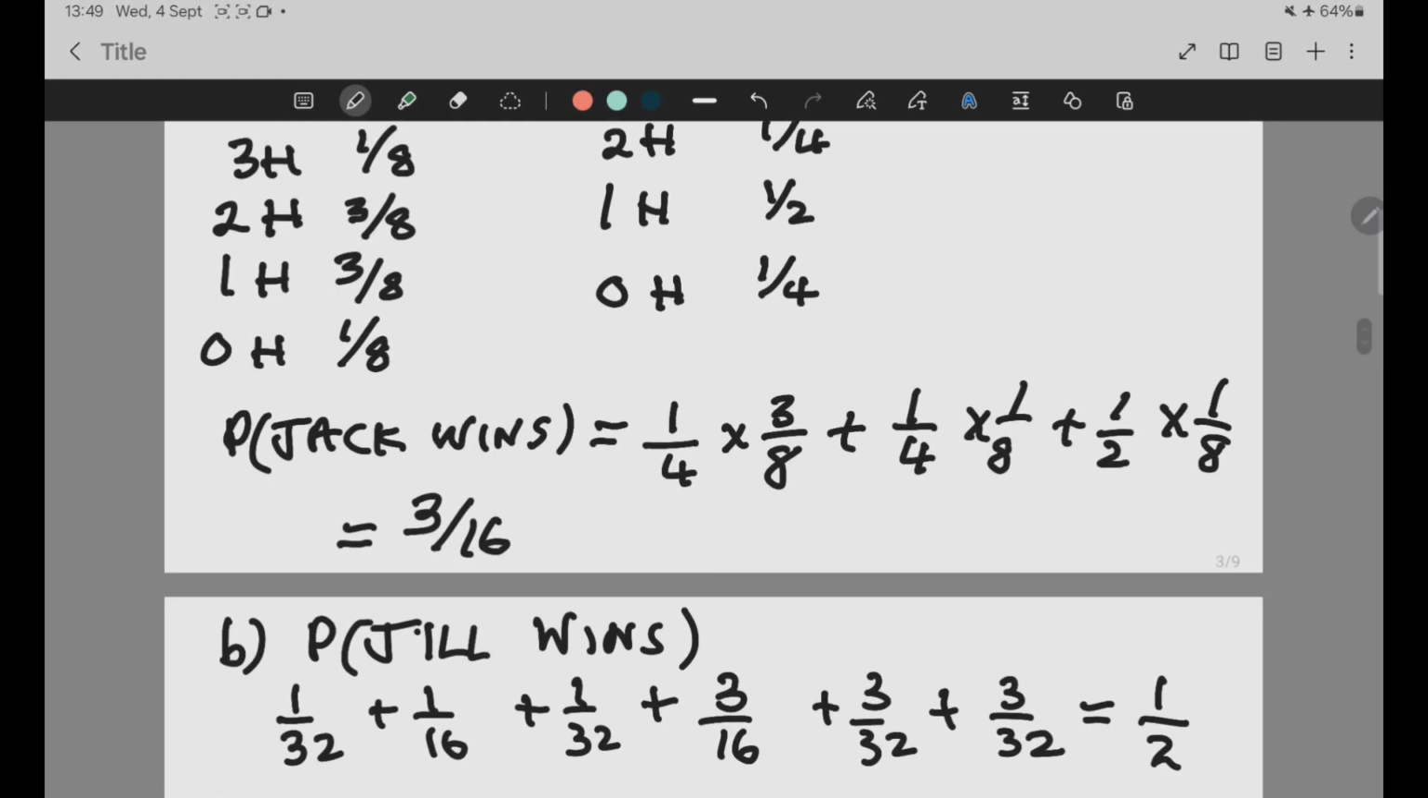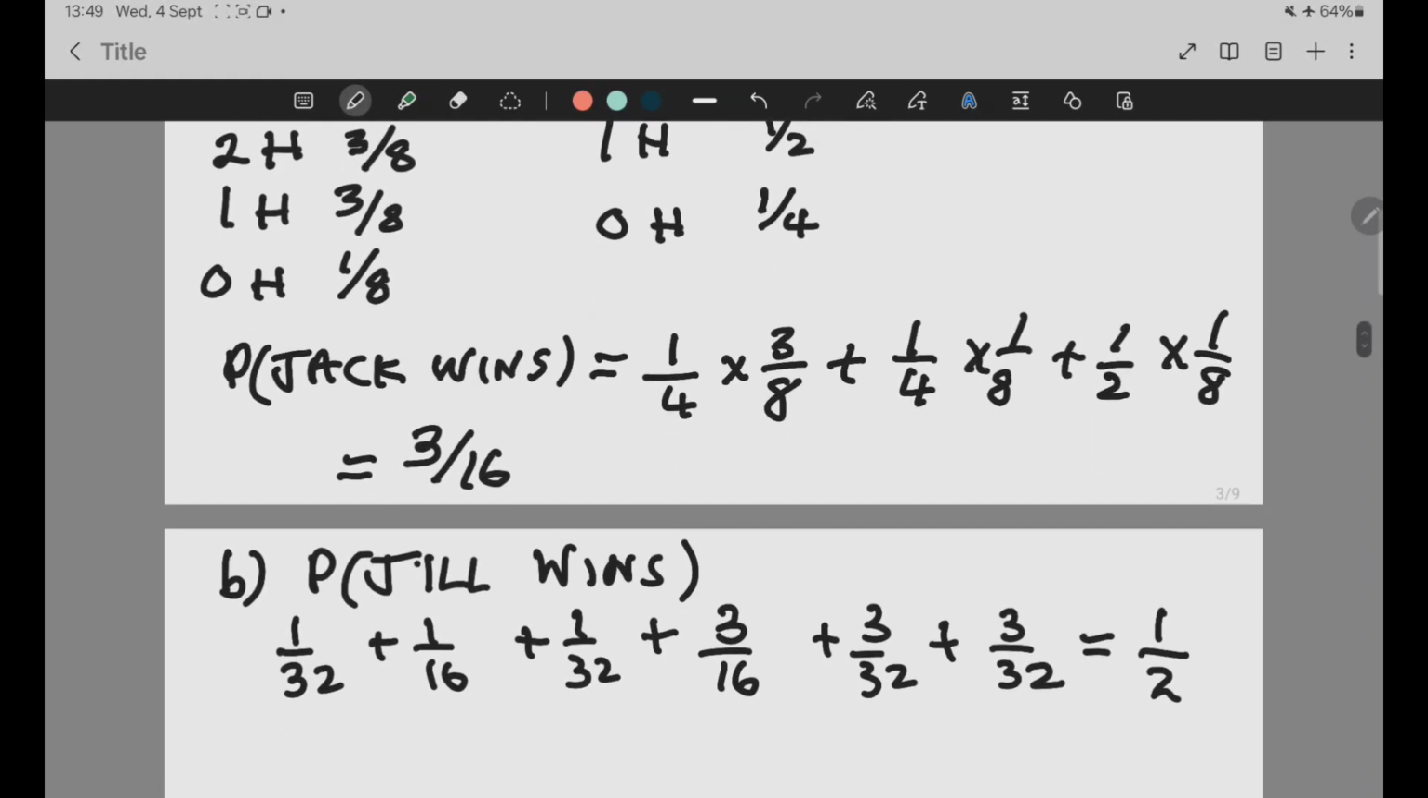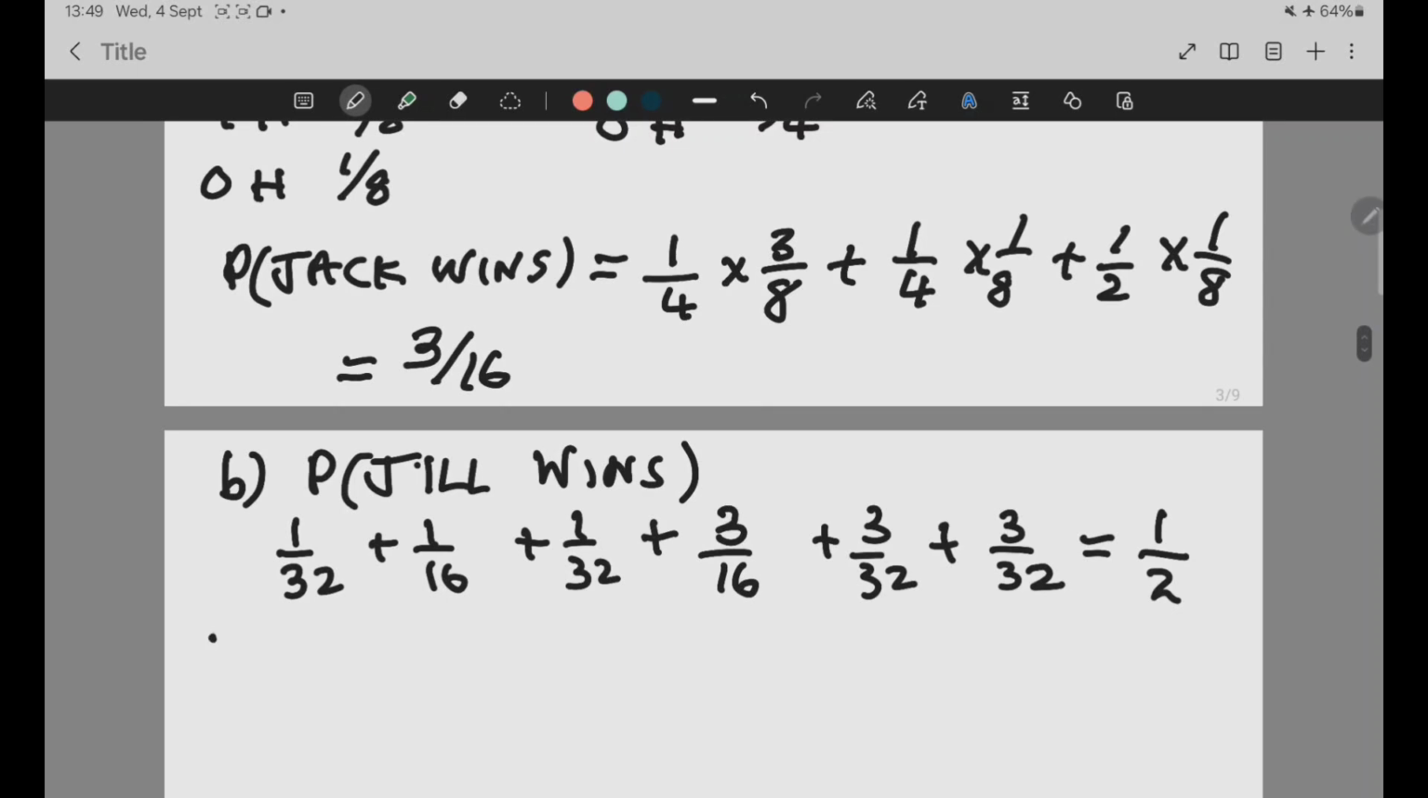Right, okay. So the last bit, part C, if the game is played over and over again, eventually you're going to get a winner, and the ratio of their probabilities was going to be 3/16 to 1/2. Okay, so probability of Jack to Jill will be 3/16 to 1/2, which is